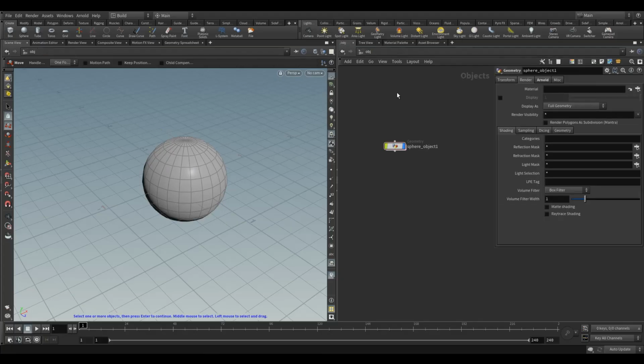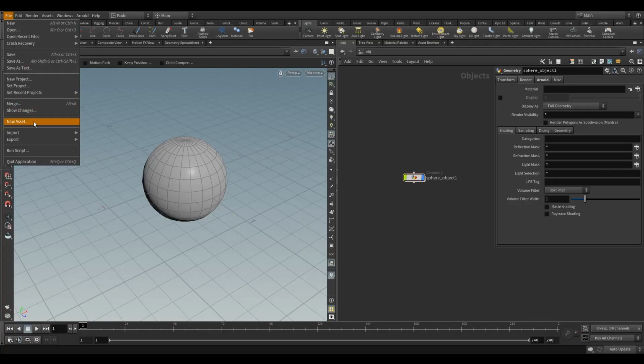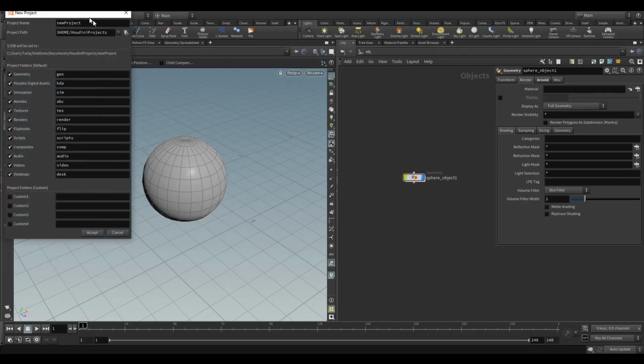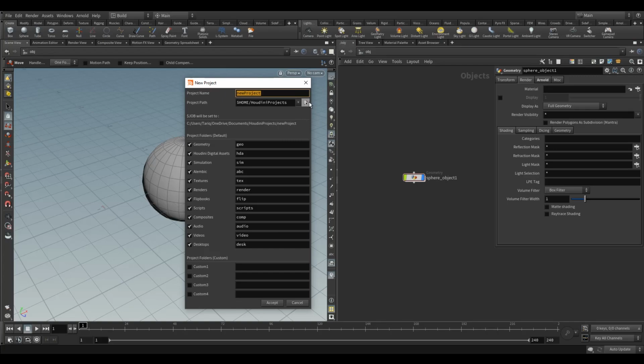So let's go back out and let's actually do something that's very important at the beginning of any project, which is to set up your project folder. Okay, so saving your scene. So come up to File, and then we're going to go to, where is it, New Project, and then give your project a name. So I'm going to call this My First Houdini